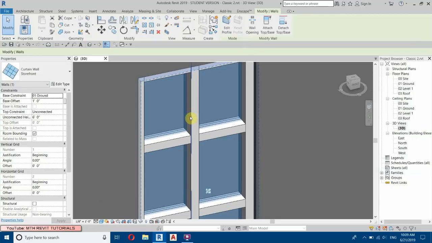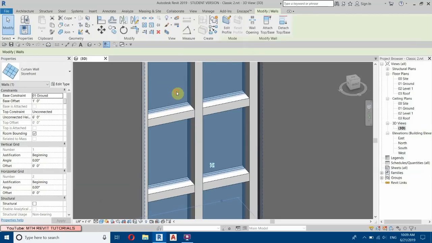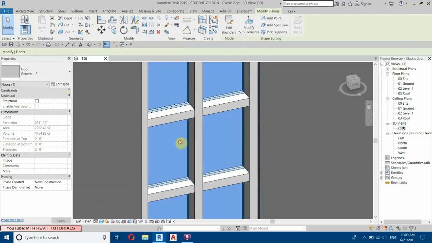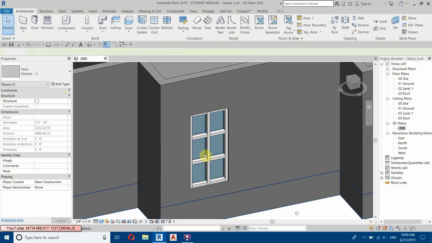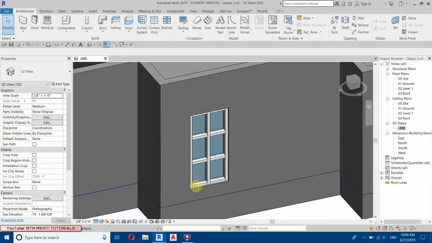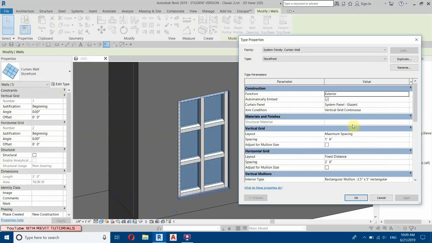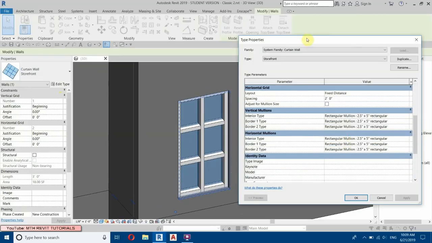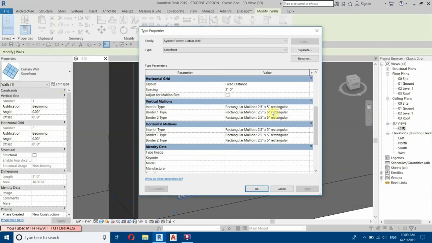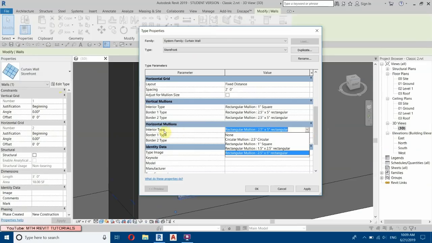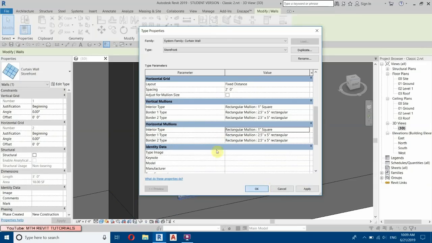Okay, and let's change the mullion. So let's go back to edit again. Select the storefront, then edit type, and here let's change the vertical mullions interior type to 1 inch square, and here also for horizontal also change the interior type to 1 inch square. Okay,